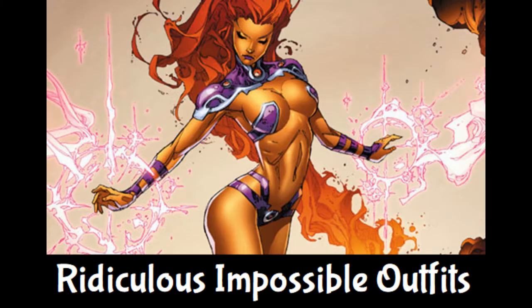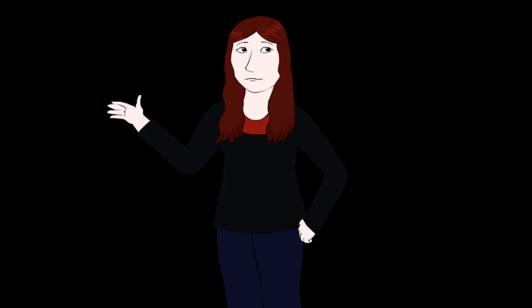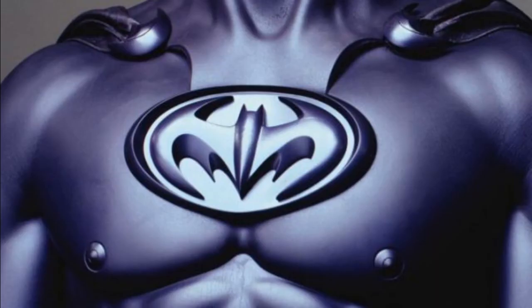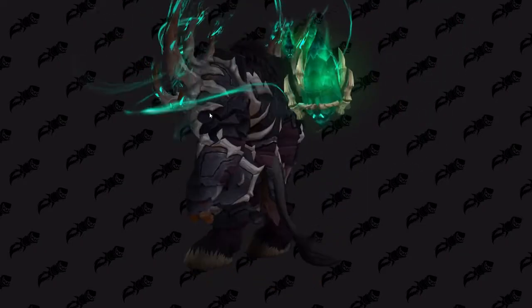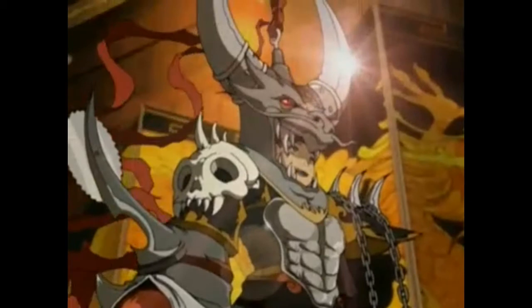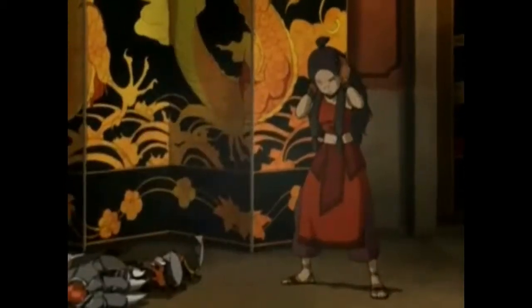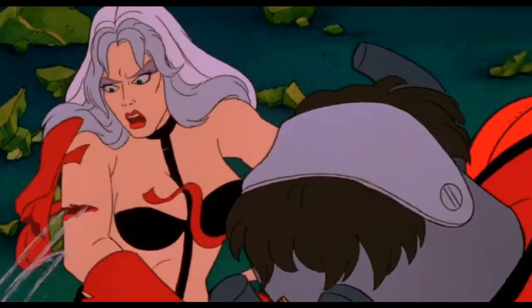Number 5, ridiculous, impossible outfits. While a character's physical features are important, their chosen items of clothing also play a key role in their appearance. And this can cause some problems if their clothing looks utterly ridiculous. This can range from ridiculously over-the-top armour that would clearly be more of a hindrance than a help given how difficult it'd be to move in, to, of course, a significant lack of armour on a character who's meant to